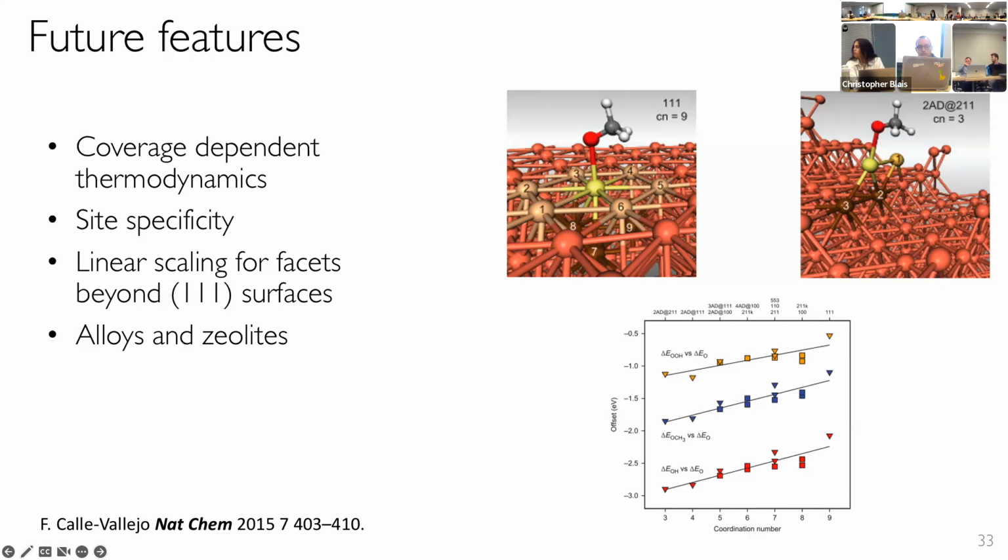So if you're doing the DFT, you consider, I put it on top, or in a hollow, or next to three things, and then I pick the favorite, use the thermo for that, and then the mix. So everything's assumed to be in its favorite site. Bullet point number 2 on future features: site specific. If you're trying to track that actually we've got some edge sites and some top sites, and a different number of each, these ones get occupied, those don't, you then have to track different species concentrations on different sites. And that we don't get. We just have one, so it's shared for all the different reactions.